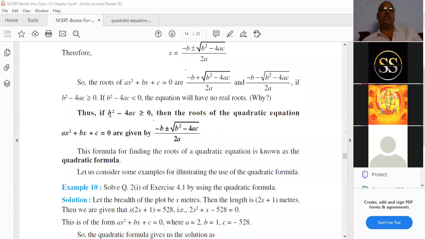B square minus 4ac is called the discriminant. Nature of roots means